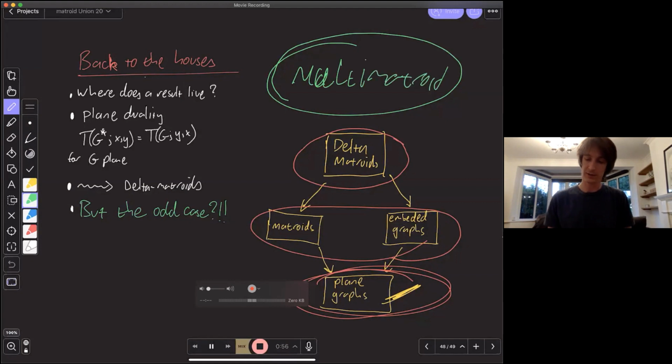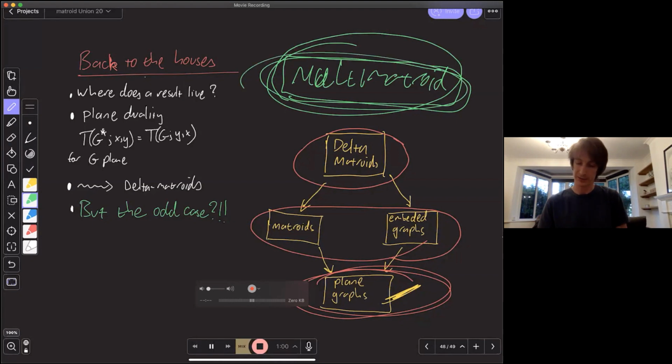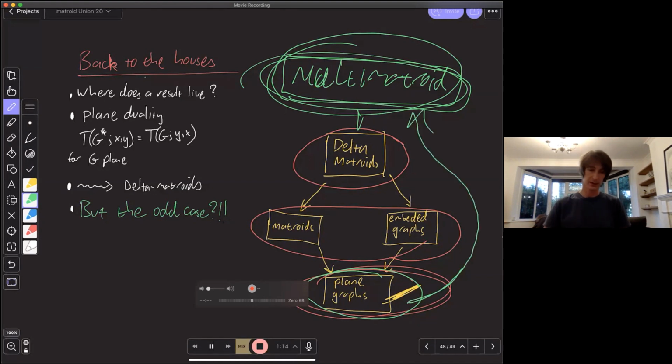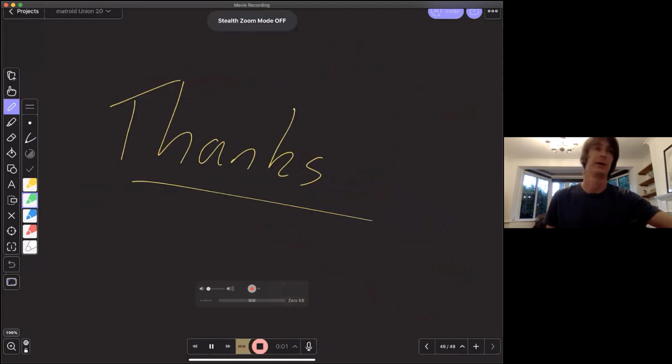I'm going to leave this for a story for another day, particularly because we don't quite know all of the answers yet. But it's quite stunning how you start off with this classic result just for plane graphs, and to understand it, you have to go up into the world of Delta-matroids. So I'll say thank you and stop there.